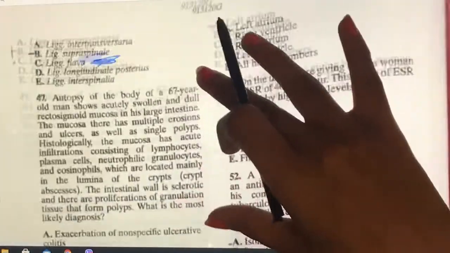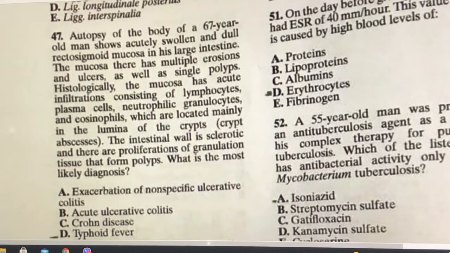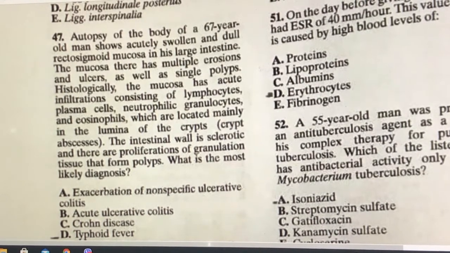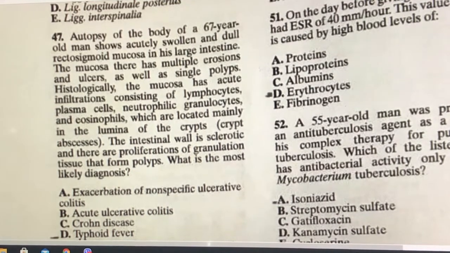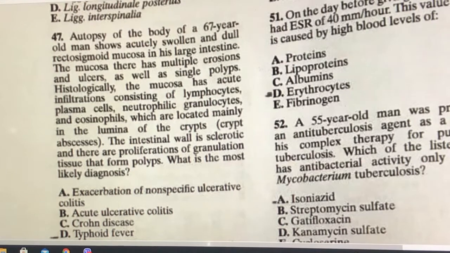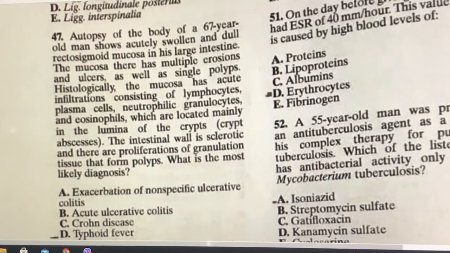One more thing guys, you should know the other names also. Like in anatomy, this ligament is known as this. Also commonly it's known as this, and also in diseases, this disease is this, but commonly the disease is known with this name. So focus on the other names also, because in the 2020 paper, pharmacology questions had other names of the drugs which we could not connect. We are having problems in connecting the names because we only know one name of that drug and they have given the other name or the common name of those drugs in the options.